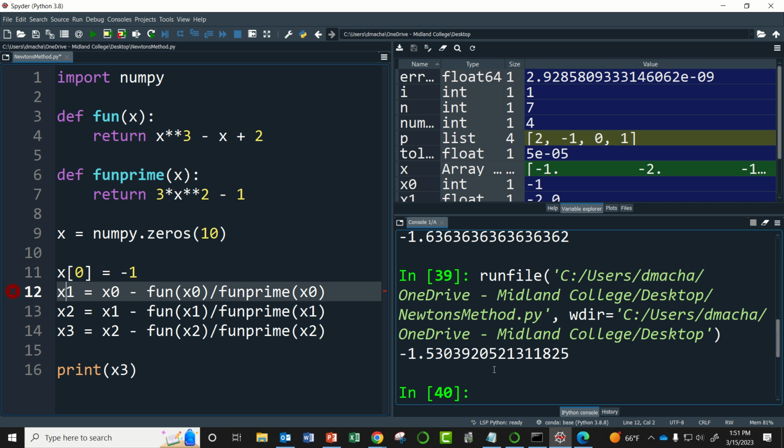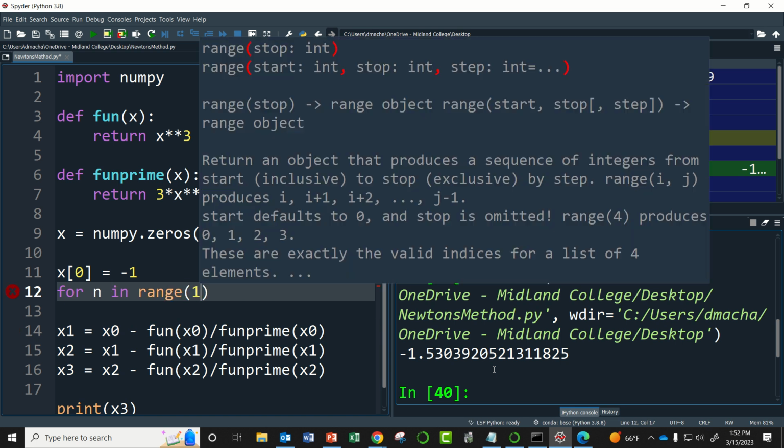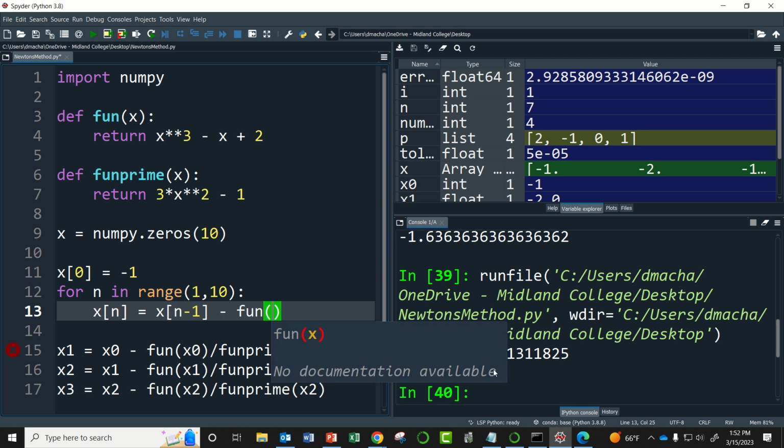An array is just a list in Python. You know, vectors are kind of just like lists of numbers in mathematics. And so this should work. Then the next thing I'm going to say is for n in range 1, 10, colon, and then I indent, and I say xn is equal to xn minus 1 minus fun evaluated at xn minus 1